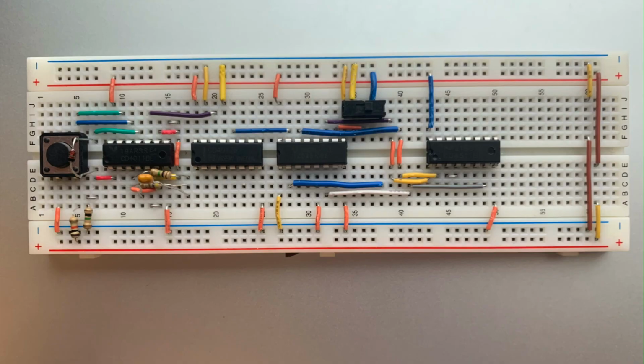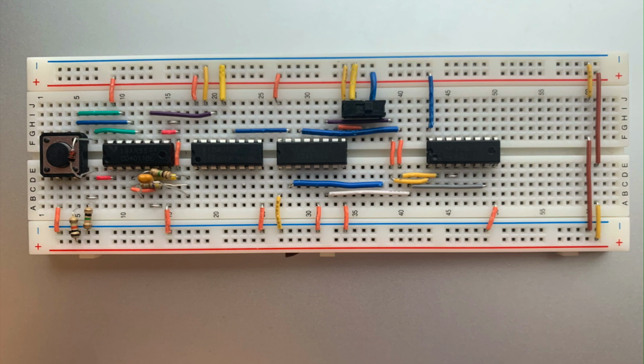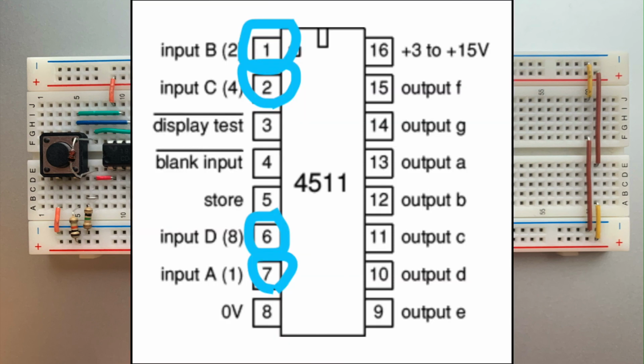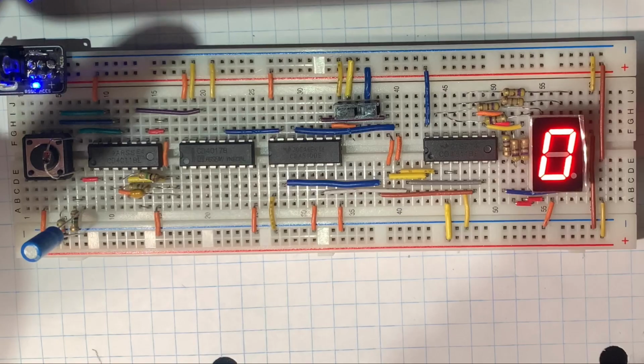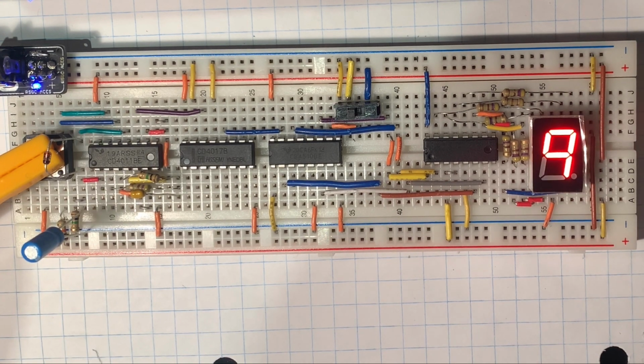The next step of this build converts the binary counting into a decimal output that could be shown in the decimal number system with a 7-segment display. This can be achieved by connecting the 4 binary counting outputs from the 4510 chip into their 4 corresponding binary inputs in the 4511 chip. To see the result, you connect the 4 outputs of the 4511 chip into their corresponding inputs in the 7-segment